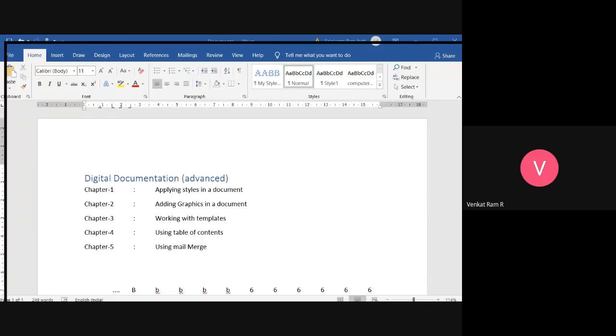So the next one is table of contents, and the next chapter is mail merge. It's not there in the old textbook. I'm not sure whether you have this in your small textbook or not. If not, I will ask Shivkumar sir to take a Xerox and supply it to you, so no need to worry about that. I will be giving notes anyway. If you want to read inside the textbook, I will be giving these two chapters as a Xerox.